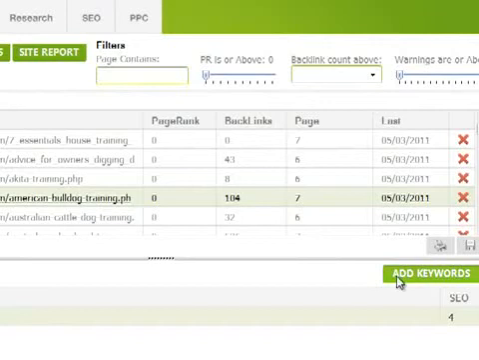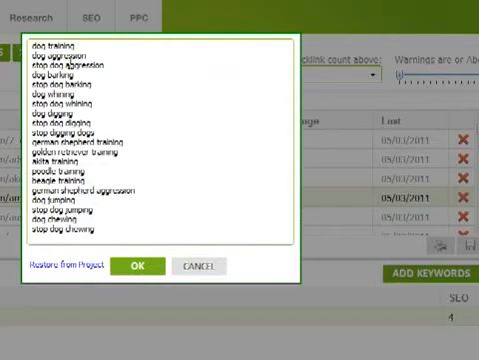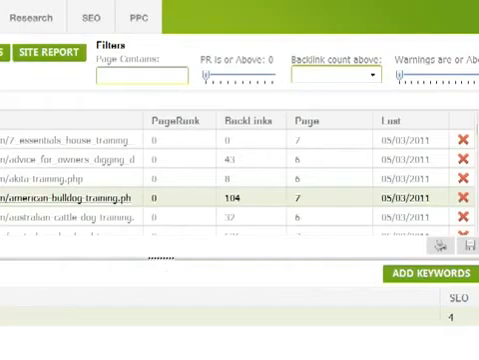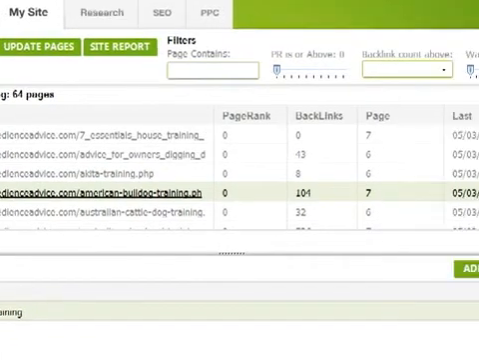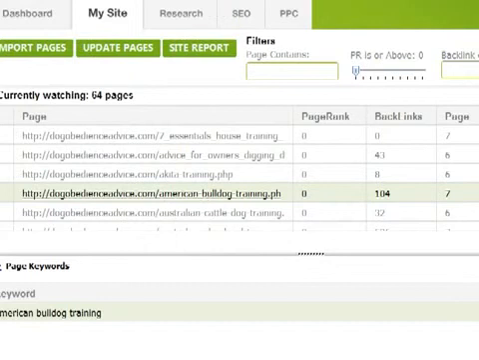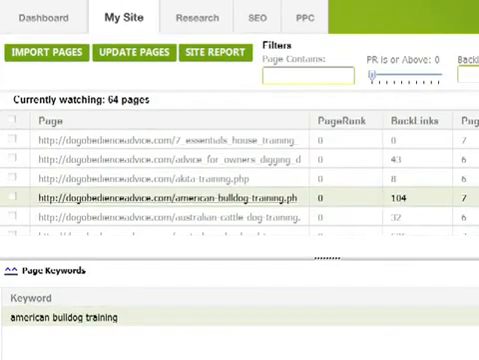What you do is you click add keywords, right, and then it'll give you a list of all the keywords you're trying to rank for, and then you can just select one or two of those. And I've already pre-selected American Bulldog training right there. Okay, so then what it does is it tells you at a glance what all the backlinks